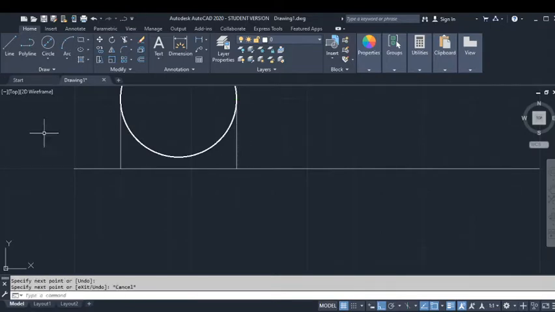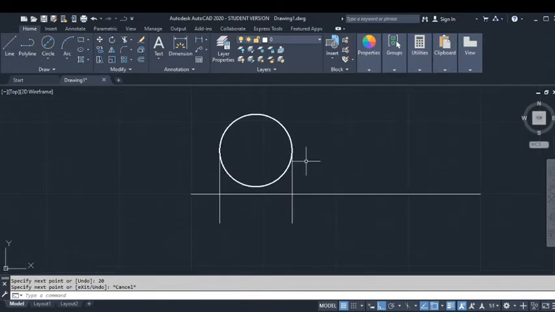Now it is told that this circular plane is 20 in front of my vertical plane. So I'm going to draw or extend this line up to 20 units, and this line is also extended to 20 units. So whatever projection I get is going to be between these 2 points. So if I can